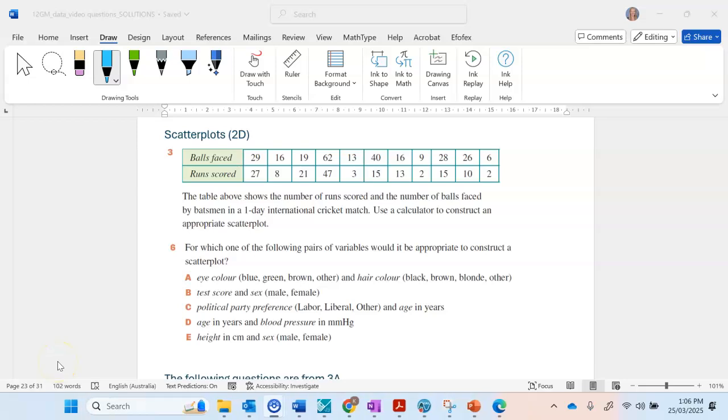Hey everyone, in this video we're going to look at scatter plots. So scatter plots display two numerical variables. You can see here we're looking at balls faced and runs scored in a game of cricket. Previously we looked at parallel box plots, back-to-back stem plots and